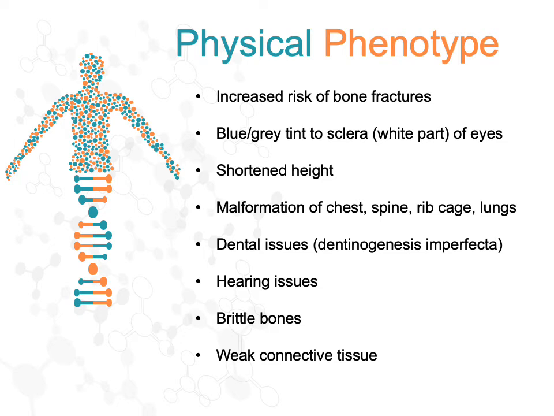The phenotypic effects of OI vary depending on the type and the severity of OI present. Those with the more common and less severe forms usually face issues such as increased risk of bone fractures and weakened immune systems. They must be careful to not get sick, especially in flu and cold season. Some may present with conditions affecting posture, such as scoliosis, which is the curvature of the spine. Others may have shortened heights due to shortened arms and legs.